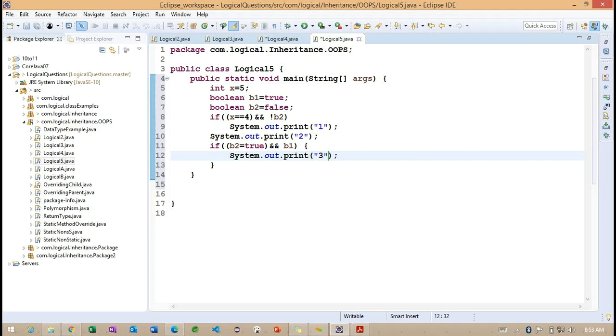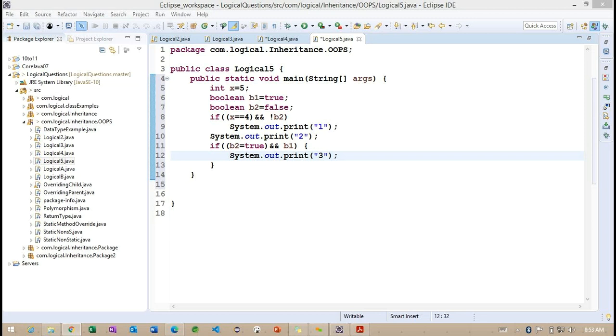So this section is a little bit important here. Now try to understand what we are doing here. What are the values we are going to print? We have 3 println statements here, but how many are going to print? 10th line and 12th line will be printed, sir. Okay.